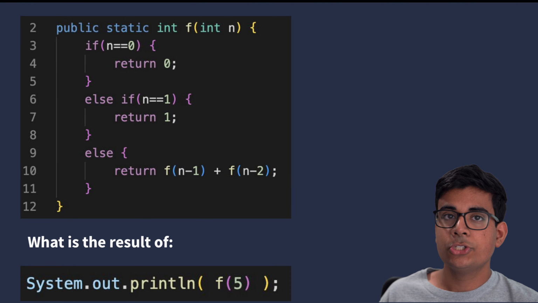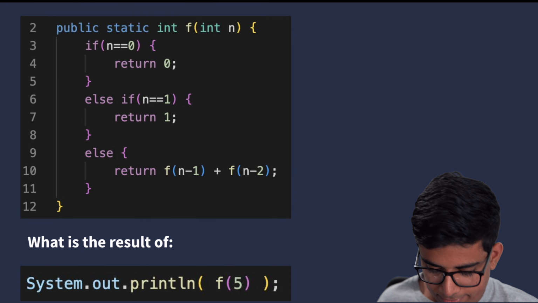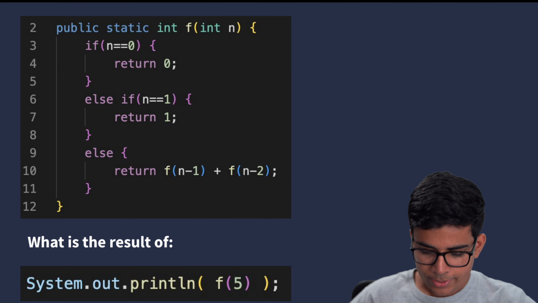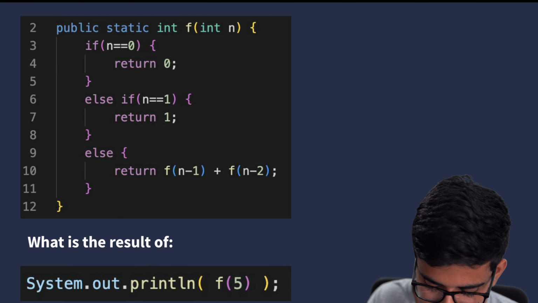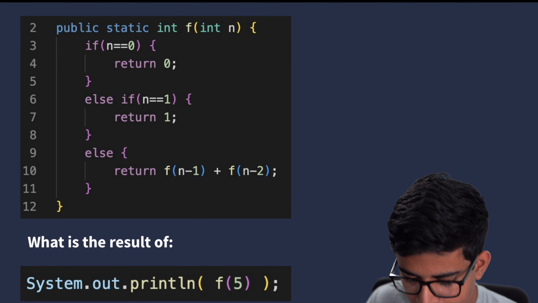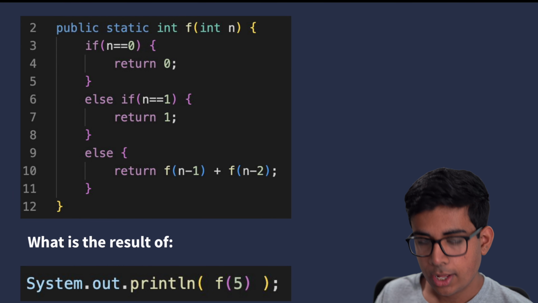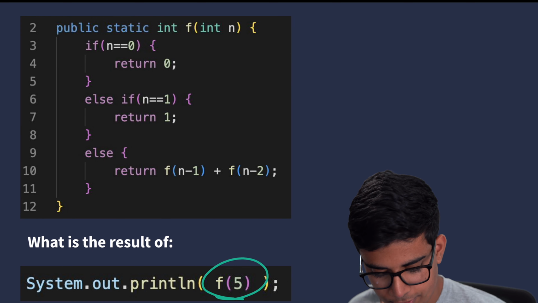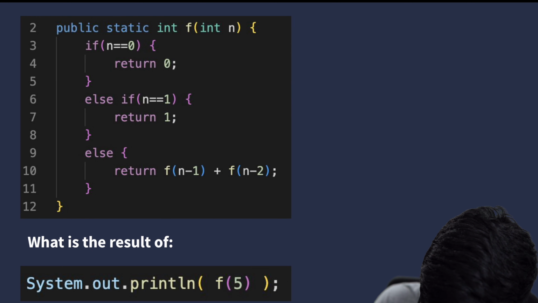So we can actually go and write all of this out again, okay? So we're going to do that here. All right, so now what we can do is write this out. I'm going to use the same color. We're calling f of 5. That's what we want to try and find the result of. So I'm going to say here f of 5